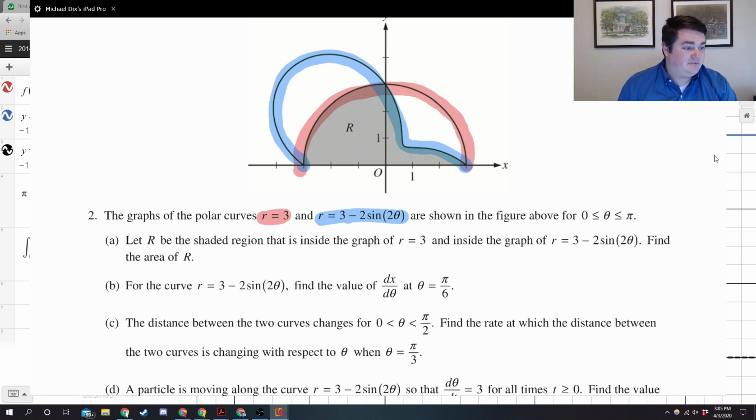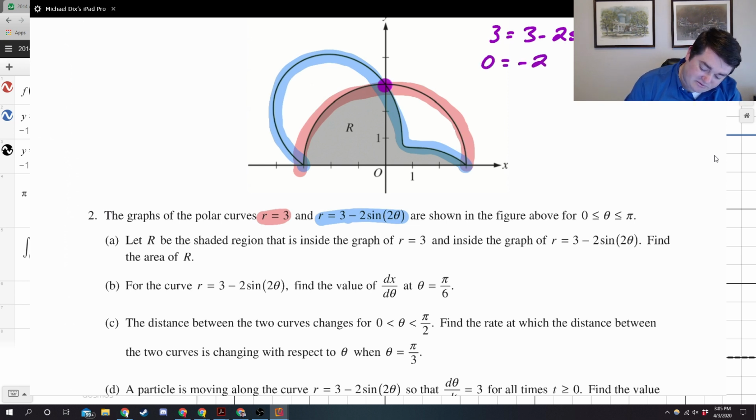So when it comes to polar graphs specifically, these intersection points are going to be important. I can see that these two graphs are intersecting right here. You can find that intersection point, first of all, by noticing that it is straight up the y-axis, and so we know which angle is straight up the y-axis. But also, you could just set these equal to each other. 3 equals 3 minus 2 sine 2 theta. Subtract 3 on both sides. 0 equals negative 2 sine 2 theta. Divide both sides by negative 2. 0 equals